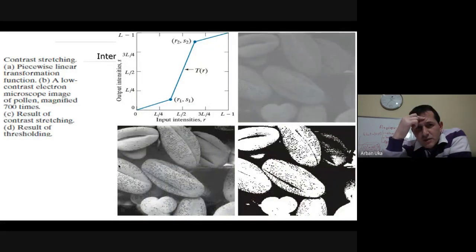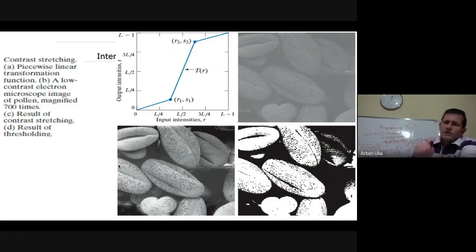Here we see that whenever we try to improve the image that we have, we can use contrast stretching. For example, imagine the following: the x-axis is R, and have a look for a moment. What is the range from R1 to R2? From R1 to R2 is about one third of the whole domain, of the whole values from 0 to L-1. So that is what we read on the x-axis.